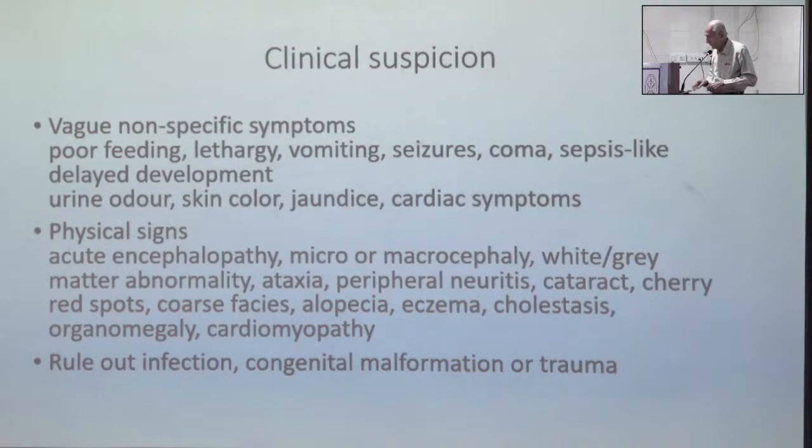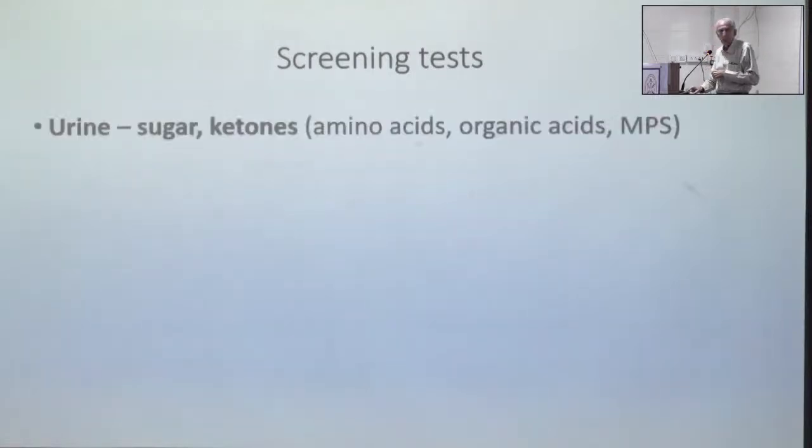This is how you clinically suspect. Once you clinically suspect this, you have a screening test. Now there are multiple ways of doing screening tests, but what I am presenting looks very simple to me and very easy to understand. What do I do first really? I look at urine sugar and ketones, because hypoglycemia is a common thing. You have an amino acidopathy, organic acid. You must get the urine ketones and sugar. Well, you may do even urine electrolytes, etc., but that's not so important as a screening test. But screening test, yes, the sugar and the ketones. And we will see what's important of it.